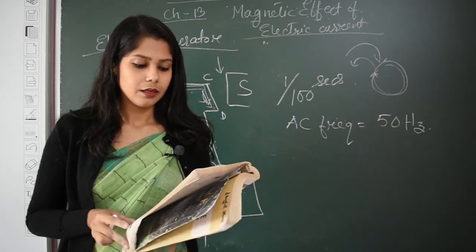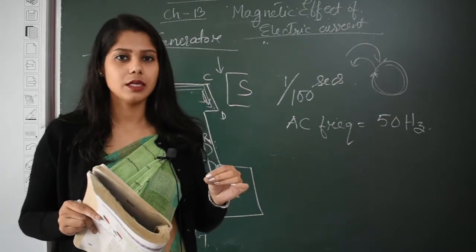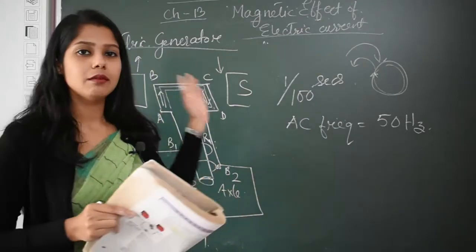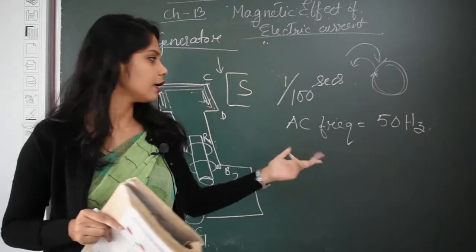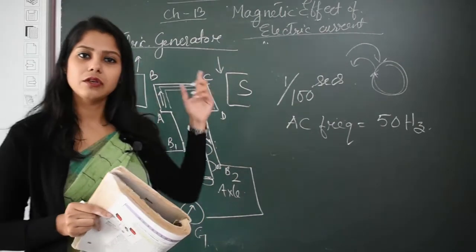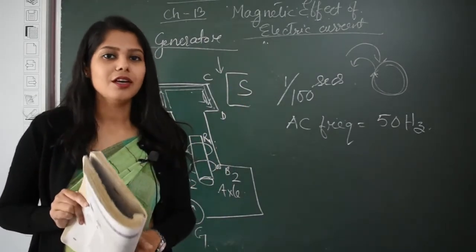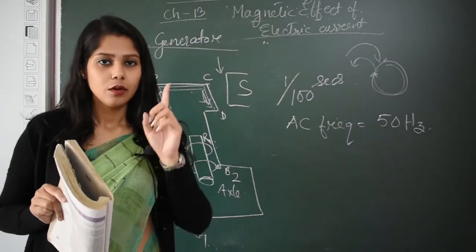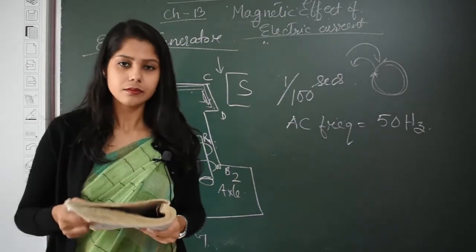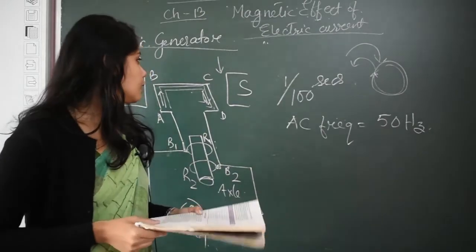Remember to learn the basic principle and the working of split rings, brushes and axle. Also remember how the rings in the generator and the split rings in the motor are constructed, and how they work in that particular device. What is the working of the axle, and how the axle is moved in the motor and generator. You have to learn the basic differences, some short differences over there.